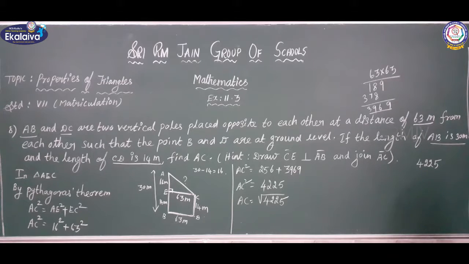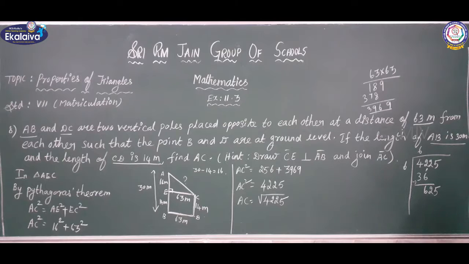Okay, so what do you want to do? Each 2 digit you have to put the comma. From the last you want to move. Okay, now here what is that? 42. Okay, 6 sixes are 36. 7 sevens are 49 is greater than this number. So before the number you have to choose it. 6 sixes are 36. Now subtract this, what you will get? 6 and take the next 2 digit 25.